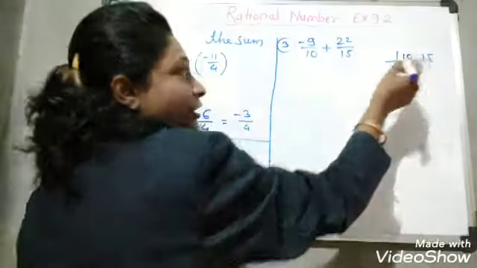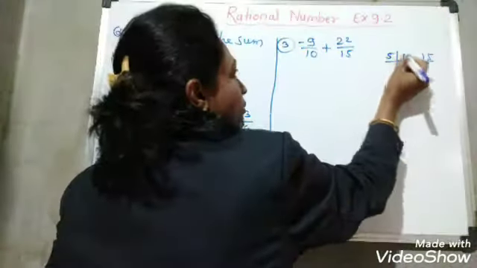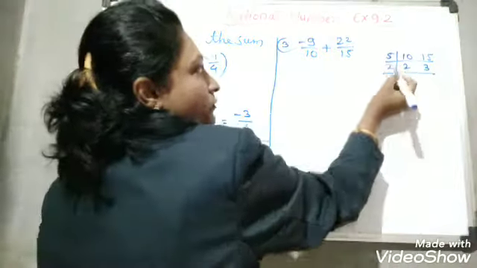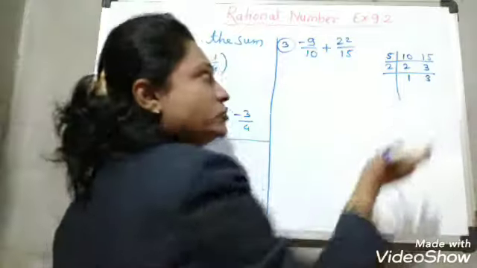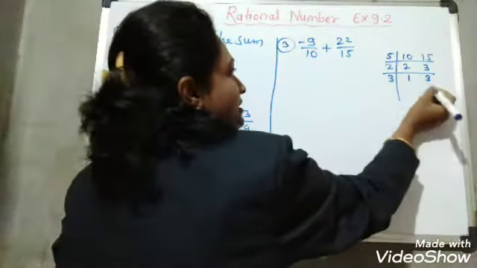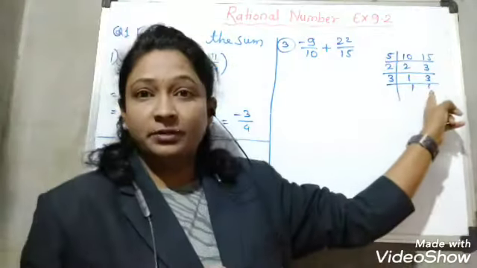Both numbers are in the table of 5, so we will divide by 5. 5 2s are 10, 5 3s are 15. Now in this 2 we can divide by 2 only. So 2 1s are 2, and 3 stays as it is, because we can't divide that 3 by 2. And now 3 1s are 3. जब तक 1 आंसर नहीं आता तब तक हमें डिवाइड करने होते हैं, जब तक 1 रिमाइंडर नहीं होता है.